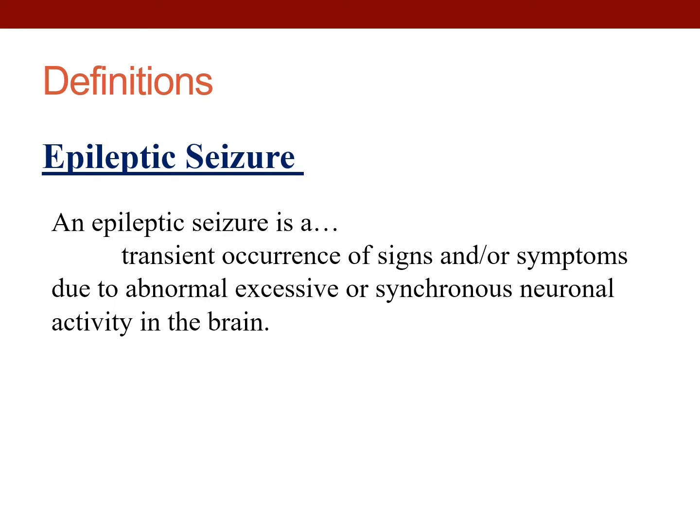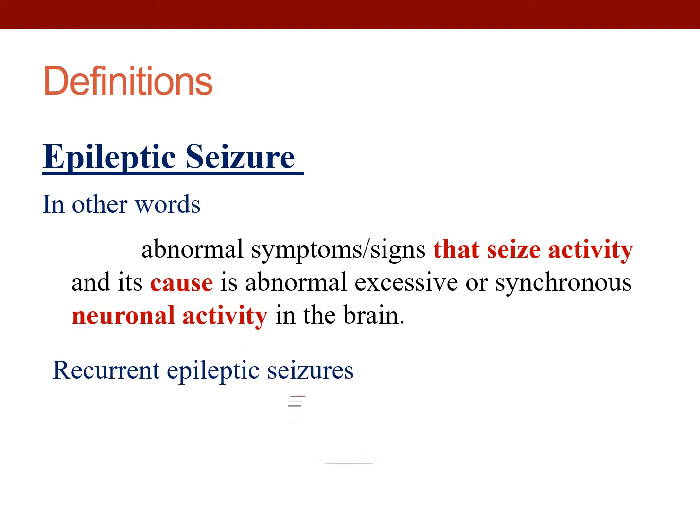Now, we will see what is the difference between a seizure and an epileptic seizure. An epileptic seizure is a transient occurrence of signs and symptoms due to abnormal, excessive, or synchronous neuronal activity in the brain. When we say synchronous, we mean gathered together or working together. So both hemispheres of your brain having neuronal activity that are working together. So the epileptic seizure, its origin is coming from the brain. You look for blood sugar, it is normal. You look for blood pressure, it is normal. You look for metabolites, it is normal. So every possible cause is excluded, and then the only reason you're having the seizure is that the brain is creating a seizure.